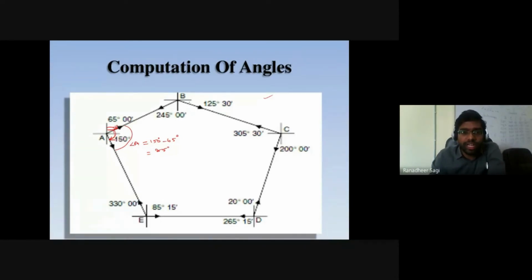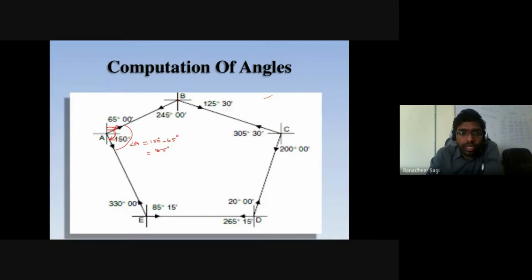Now, likewise, let me go ahead and calculate the interior angle at point B. At point A, the interior angle is 85 degrees. We have already discussed earlier that at any point, if you are trying to calculate the angle between two survey lines, for one survey line we look at the forebearing, and for the other line we look at the back bearing. That is for sure. The difference of those two bearings will come out to be either the interior angle or the exterior angle. This is another point you should understand.